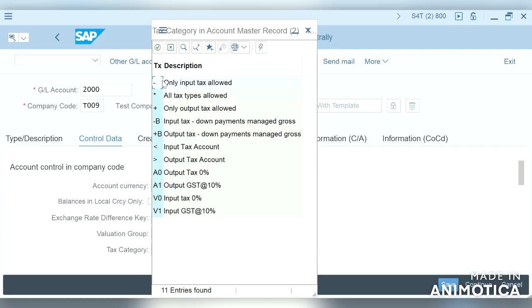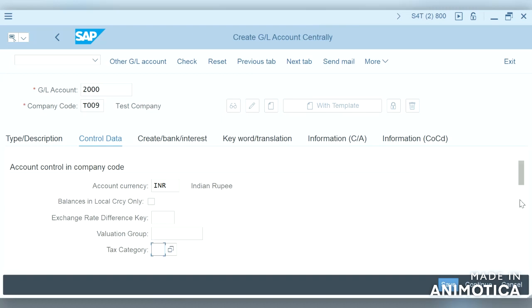So if we have the star, all the tax types are allowed to this particular GL, or only input tax or only output tax. Input tax account, output tax account. So this will be helpful to post tax into this particular GL account.